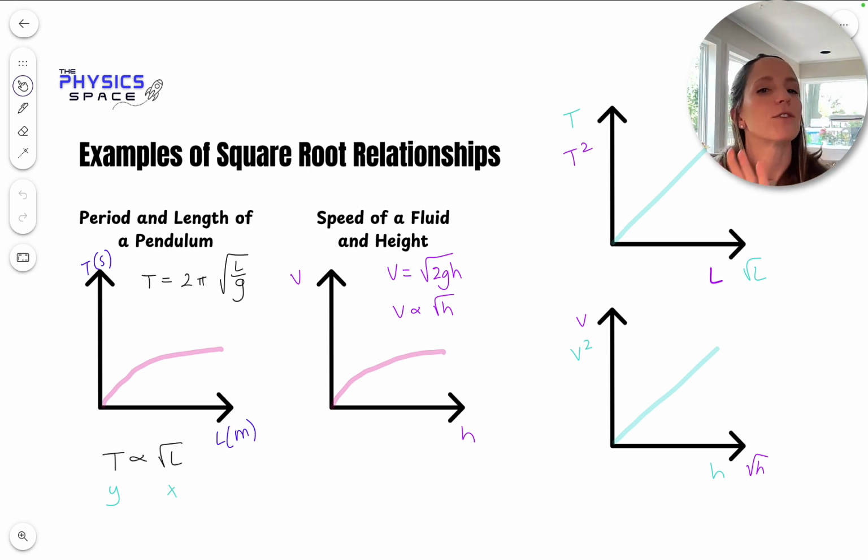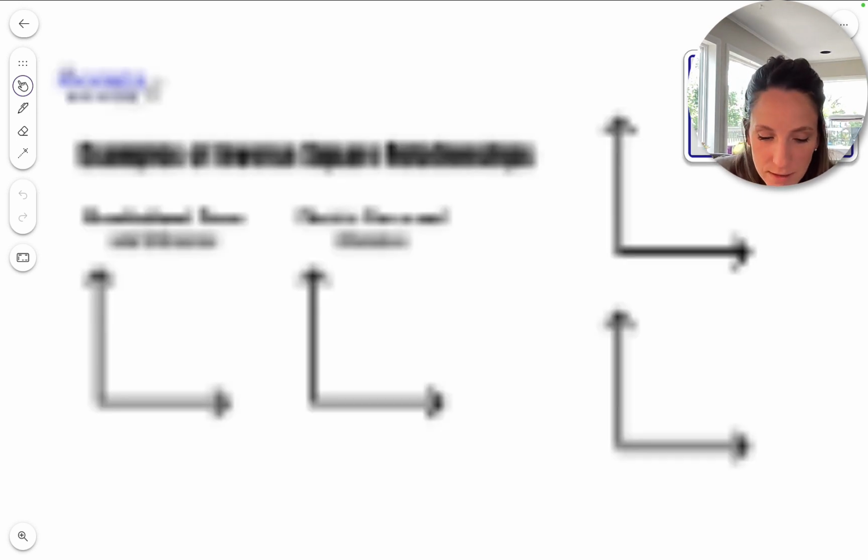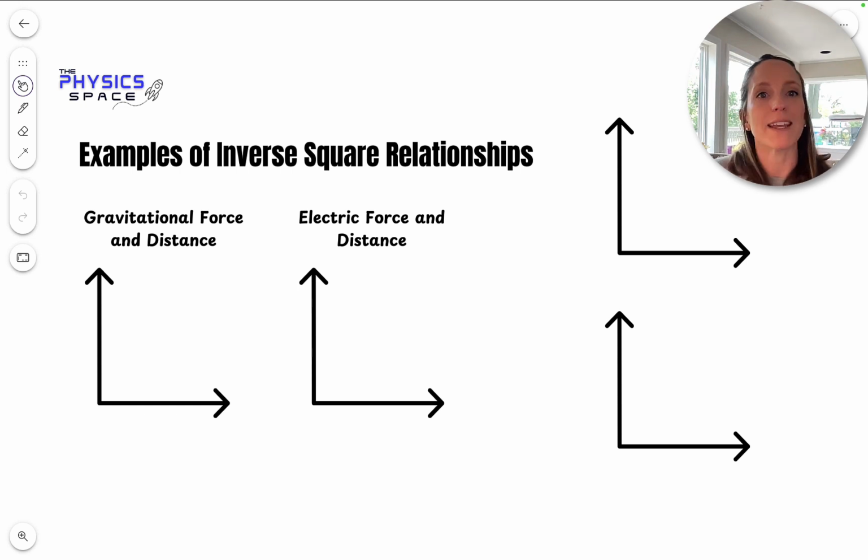Okay, so again, it all comes back to the proportionalities. Don't forget how to do this. That's super, super important. So our last example here, let's take a look at some examples of that inverse square